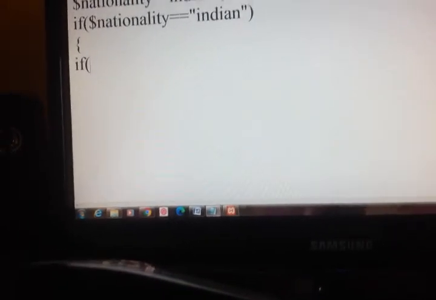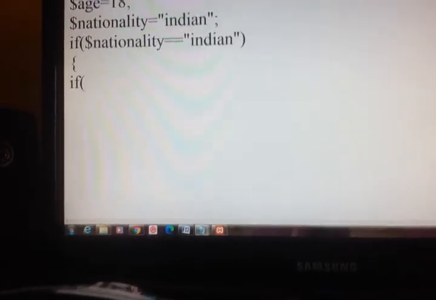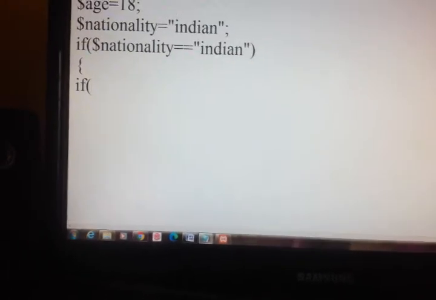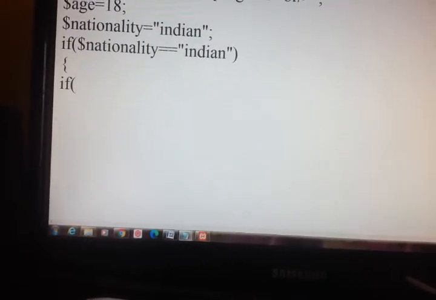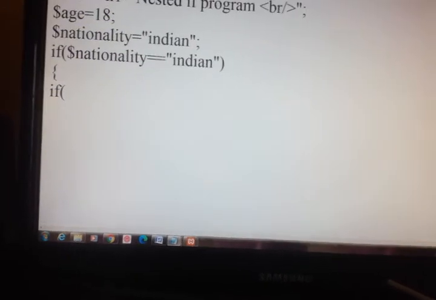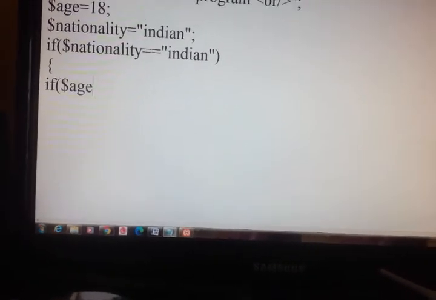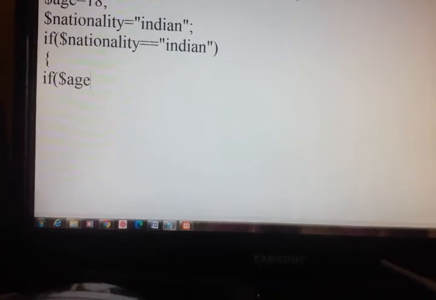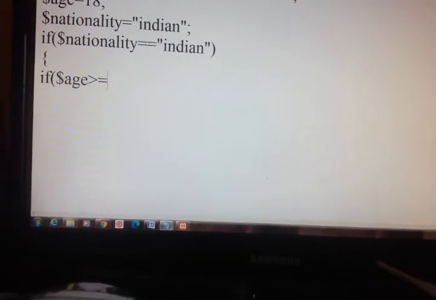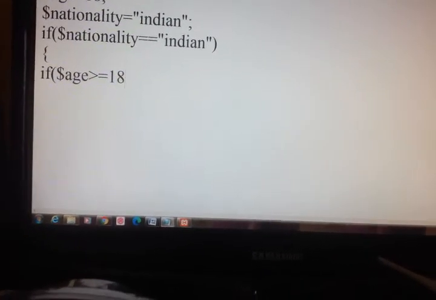Now in the outer I am writing an inner if, $age greater than equal to 18,